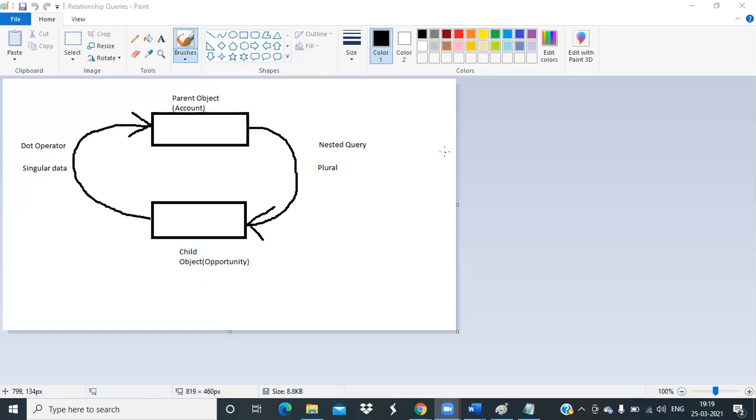There is nothing without relationship queries in Salesforce, because business problems are not possible without relationships. You have to relate two objects. So please practice this. If you are not getting this, once you practice, then you will get something. If you still don't get it, we will discuss this again.